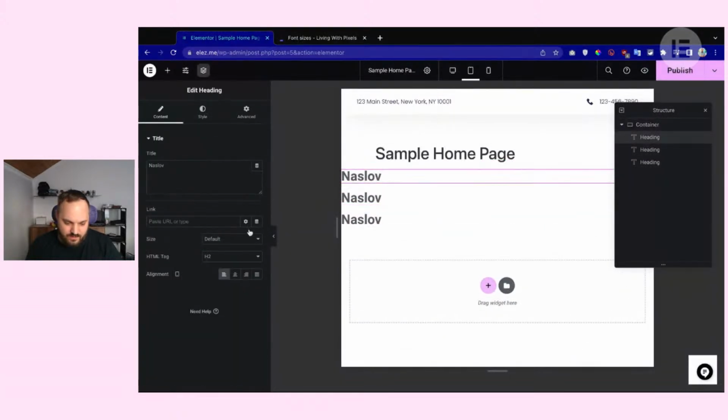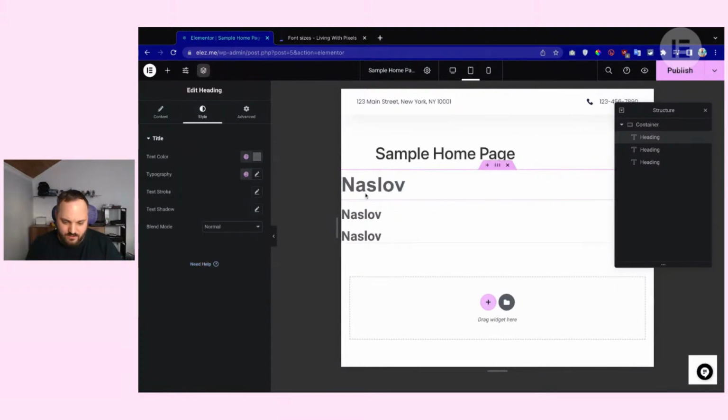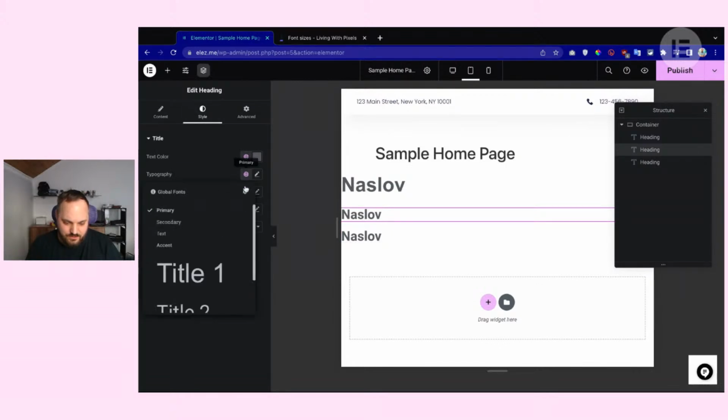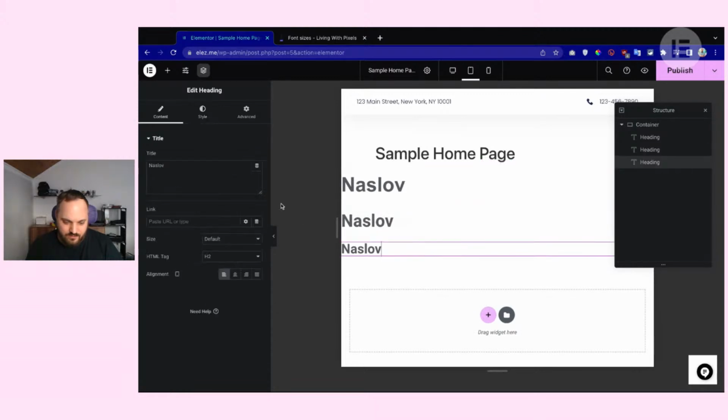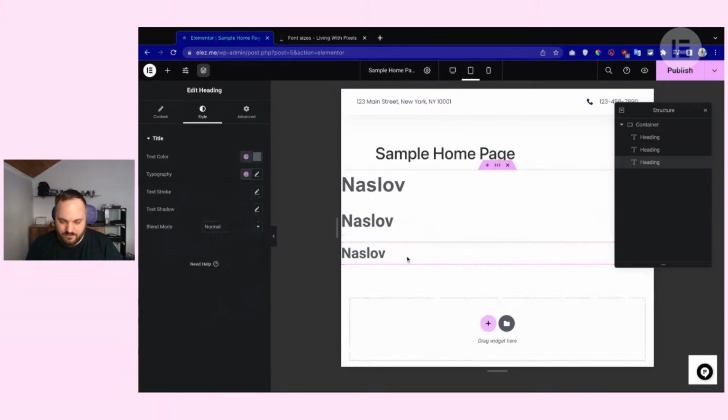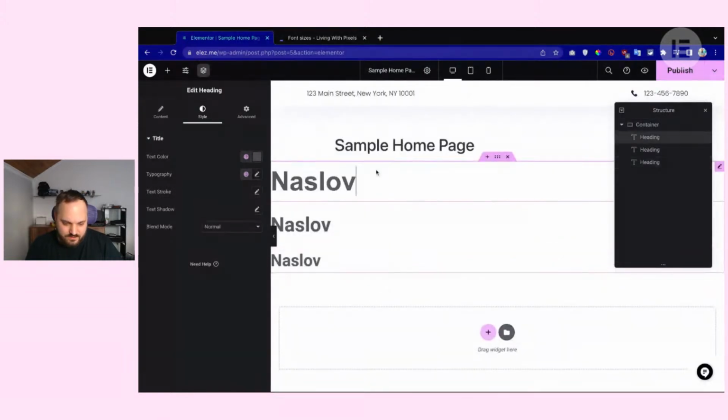The first one, I'm going to change to title 1, the second one, style, I'm going to change to title 2, and the third one, title 3. Okay, so now if I publish this and go to see a preview,